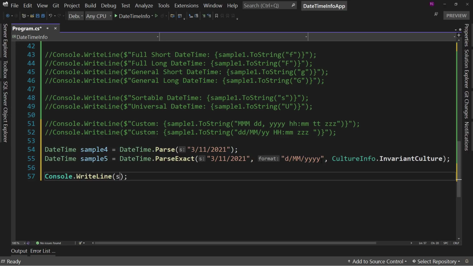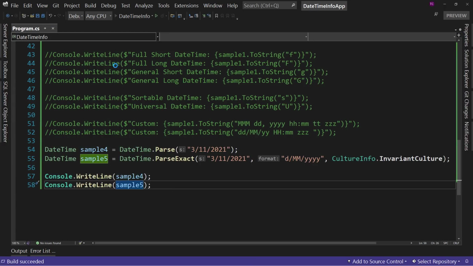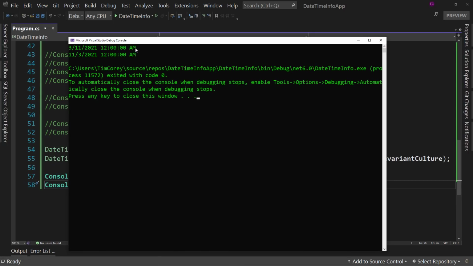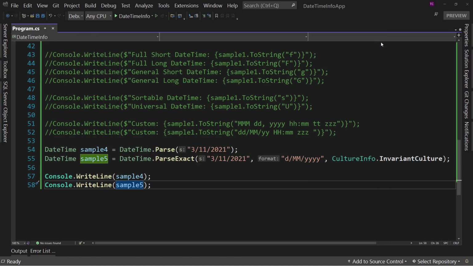So let's just print out sample 4 and sample 5. Yes, I'm not labeling them, but I think you can figure it out. But notice that March 11th versus November 3rd. Because when we parsed this one, it was based upon my current culture. My current culture says that month comes first, then day, then year. Whereas with parse exact, I overrode the culture and said, here's the format I want, and that's the data coming